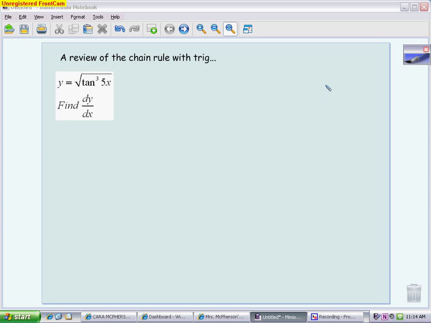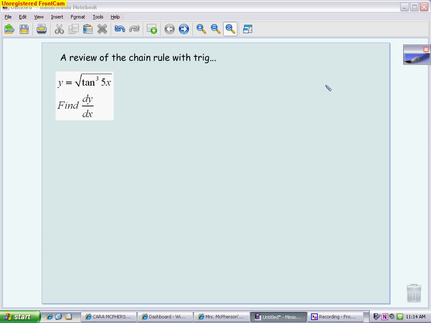Here's a look at some of the trig functions that can work with the chain rule. These were the ones requested by students in the class to get some extra practice with how you can look at a trig function, determine that you need to use the chain rule, and then do a lot of different varieties of the chain rule, looking at the different types that we talked about in class. So I have 3 problems that will hopefully help make things a little bit clearer when you're trying to derive